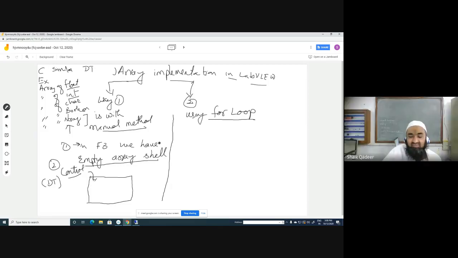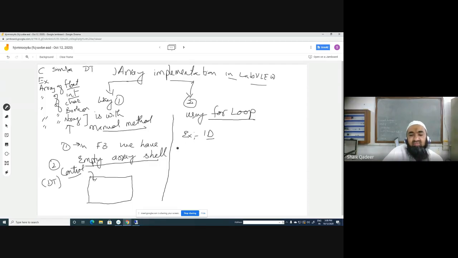Yes. Right. Let us see the implementation with a for loop. So I will show you the 1D array implementation. See, the manual method I have shown is the general method of creation of a data type. I will show you while on simulation how to create a 1D data type and how to create a 2D data type. It is difficult for me to cover the implementation of 1D and 2D array with the manual method on this wide screen.